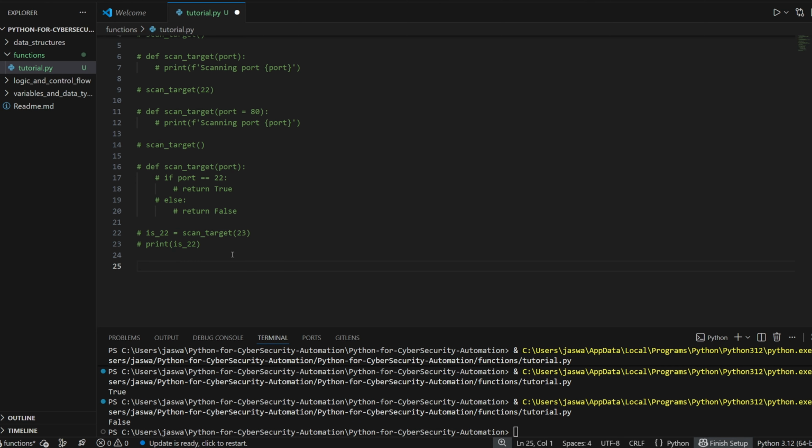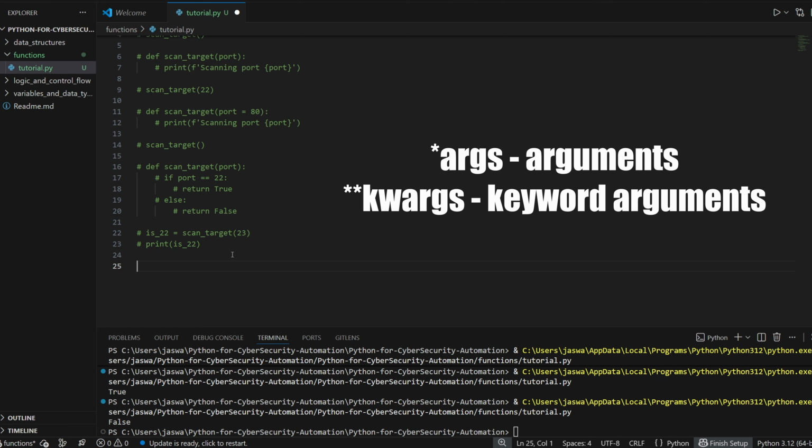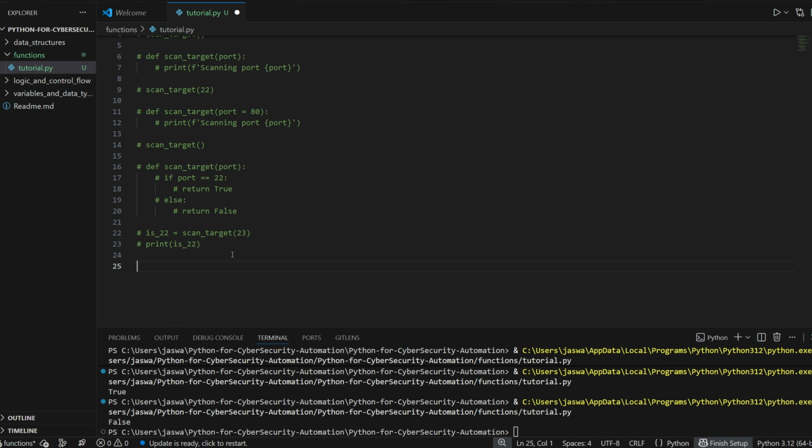Sometimes you don't know how much ammo you are going to need. What if you are going to pass one port today but 5 ports tomorrow? You can use args and kwargs. By putting an asterisk in front of an argument, Python takes every single thing you pass into the function and packs it into a tuple. For example,